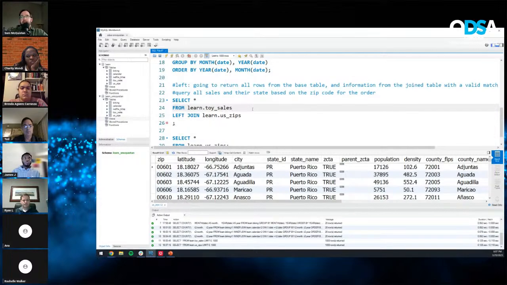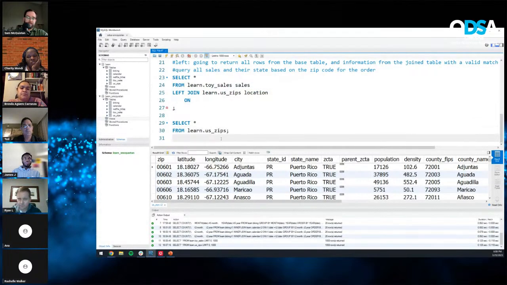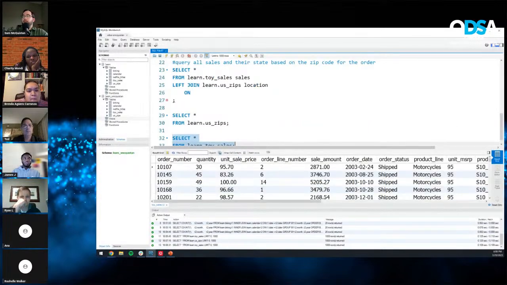And I'm going to now alias these tables because I totally forgot. So I'm going to alias the toy sales table as sales. And I'm going to alias the US zips table as location. And now we need to establish what the join criteria is. So the next thing we need to write is on, and then the column that equals the column on the second table. And in this case, for our table 1, toy sales, if I forgot, which I totally did, I'm going to query the toy sales table again